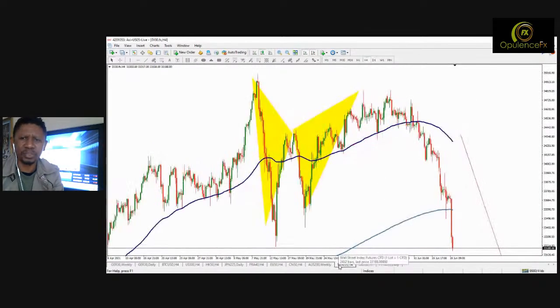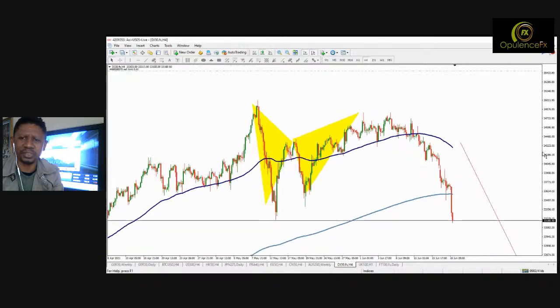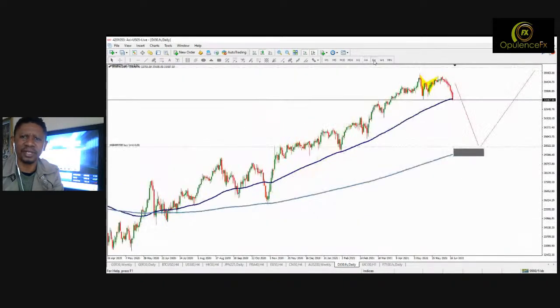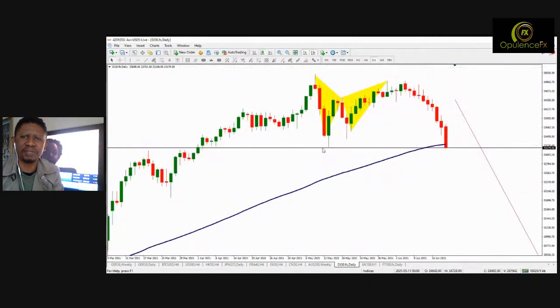Let me go to the Dow Jones. I do not like the Dow Jones. So that's what I said. Not a good indication at all. I don't like that, and it is at the support. I would like to know what price you bought. The momentum is very heavy on the bottom of this butterfly. That's the only thing holding there, the bottom of this butterfly.